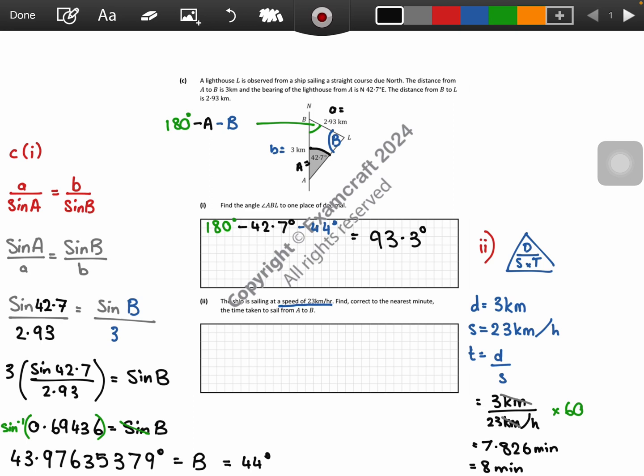If I was asked for minutes and seconds, you would go to the button on your calculator just underneath the square root, where it's like a degrees sign, then an apostrophe, and then 2 apostrophes. If you click that button, it's going to show you exactly